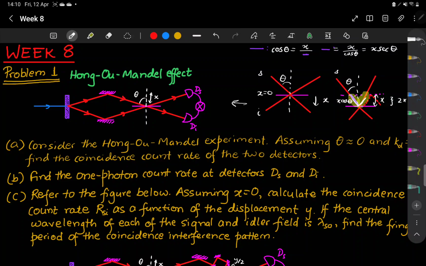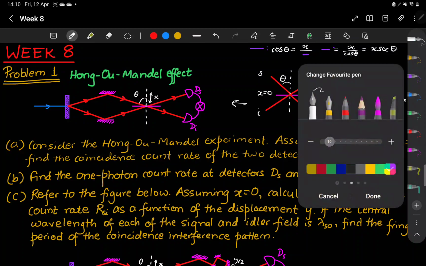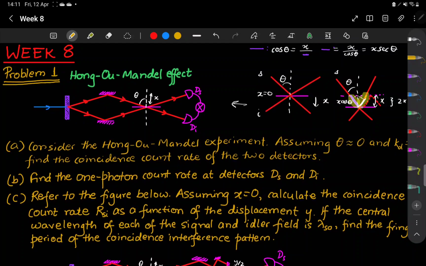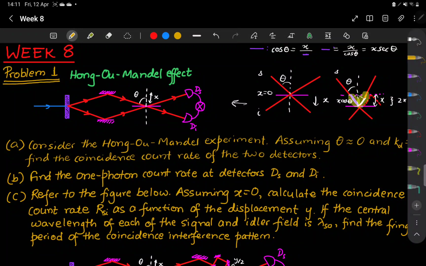And so when theta is very small, this white part over here, which is actually x cos theta, is going to be almost equal to this purple path. Okay, this small part over here can be neglected. So that's how we have written it as x cos theta,